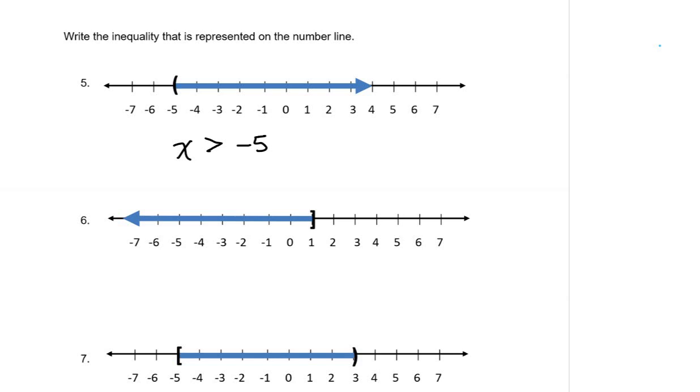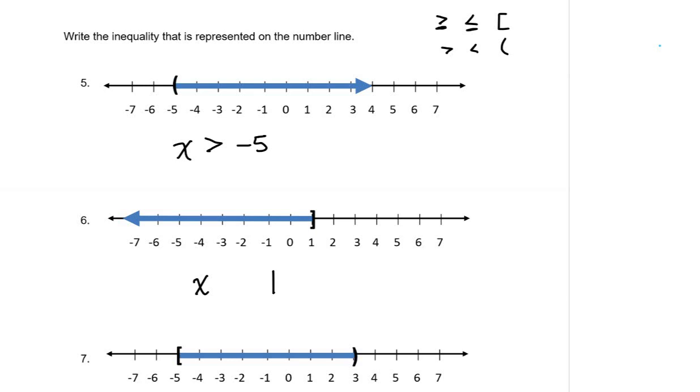I just have to figure out, is there an equal sign under the symbol? And there's not. Okay. Remember that if you have an equal sign under the symbol of greater than or less than, you're going to have a bracket. If it is strictly greater than or strictly less than, you're going to have a parentheses. So problem 6,